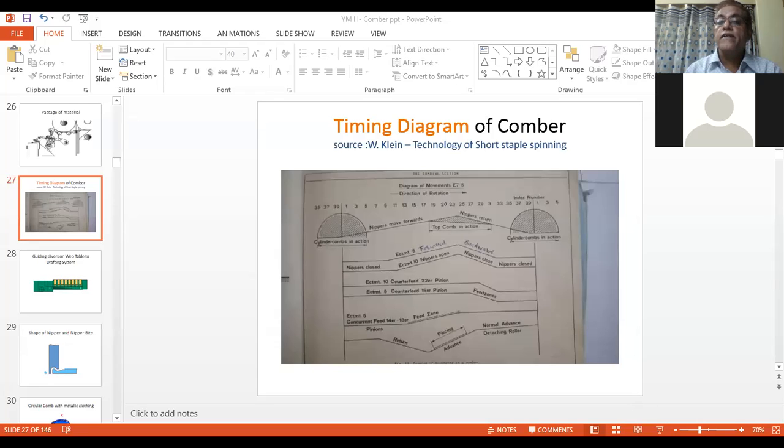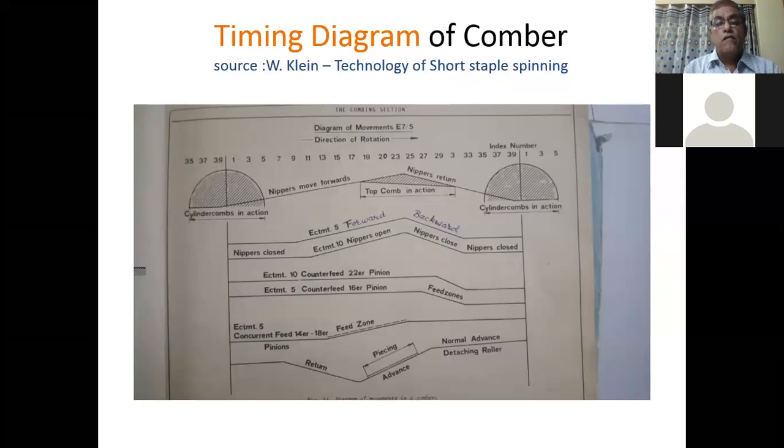Hello students, today we will study the timing diagram of the Comber machine. Till now we have already studied the objects of the Comber and then the combing cycle, and in the combing cycle we have seen that combing is a process in which a sequence of operations is done one by one. For example, first of all feeding, and then nipping, and then combing by half lap or cylinder comb,